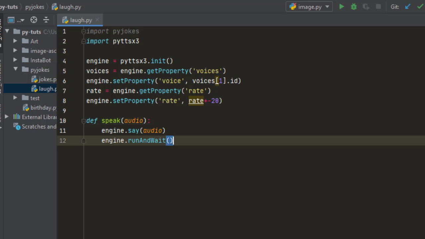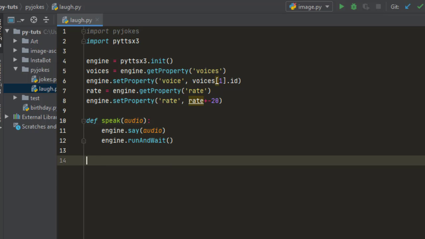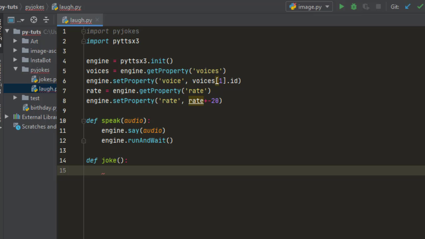Now the next thing to do, we need to define a second function which is going to allow the pyttxs3 to speak out the joke. So for that, I'm going to define a function, and I'm going to call it joke, and I'm going to pass nothing in there. And now, since I want the jokes to come out in the form of speech, I need to call the function that we just defined up here, the speak function. Now I'm going to call speak here, and I need it to speak the jokes that are generated automatically from the pyttxs package. So for that, I need to call the pyttxs